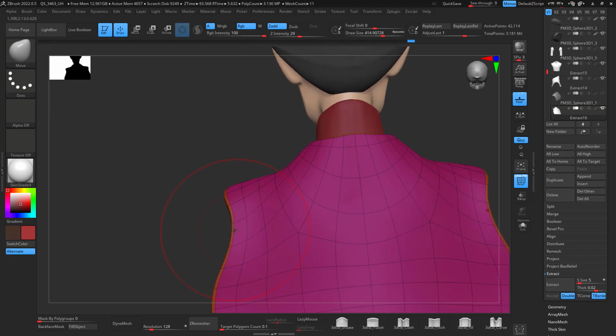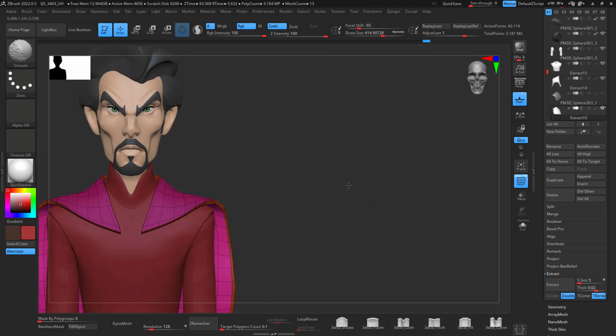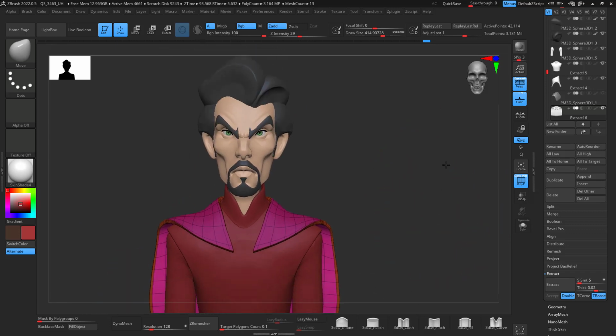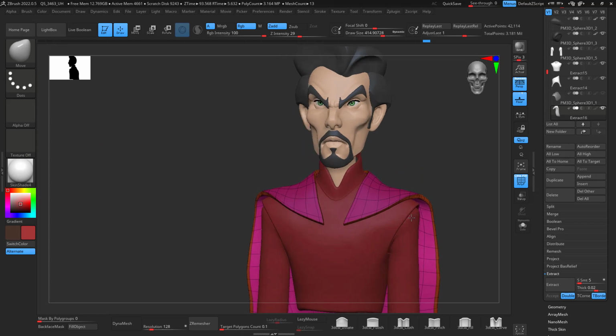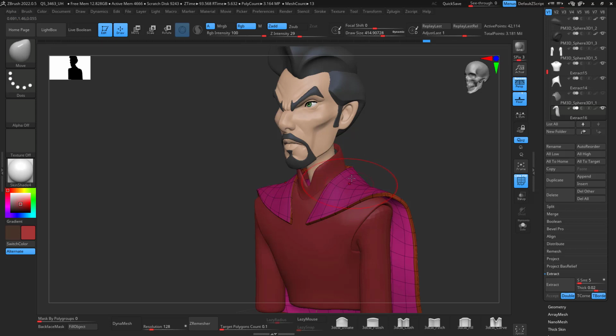Okay, so let's move this, and this is looking much better. There you go. Perfect. That looks much better. So let's do the other side, the color of Doctor Strange. So let's do this part. Okay. So let's do that here, and the color is kind of coming from here, but